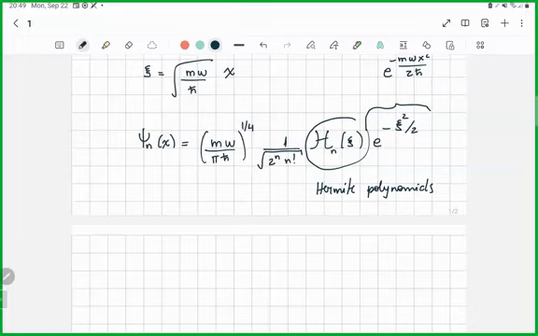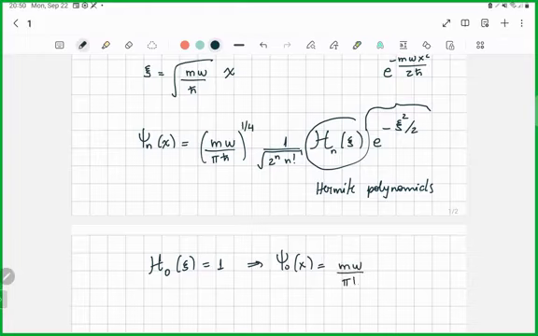Because for the ground state, the Hermite polynomial is just one. You see, so then we recover what we already knew, the solution for the harmonic oscillator ground state is that normalizing factor. This thing here is just one. The Hermite polynomial is just one. And then we have